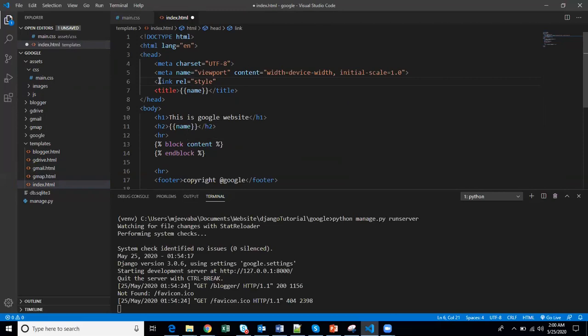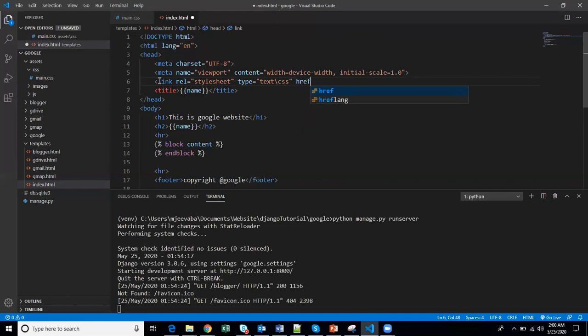This is just to learn how to implement CSS or static files. It's not about making a beautiful framework, but how to apply a CSS file. That's what this is about. The rel is stylesheet, and next will be type. Here for CSS we will use text/css. For JavaScript there is a difference, text/javascript. So just change it there, and here, href.